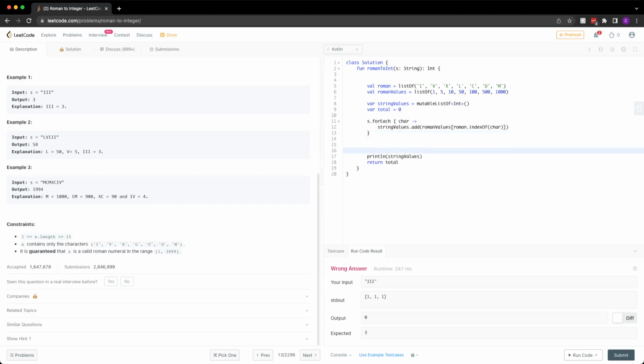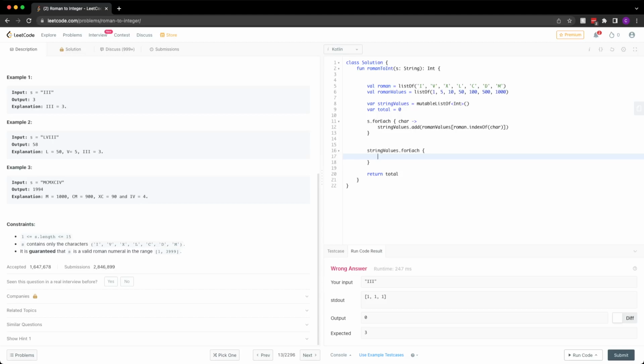And then what we want to do is, let's get a string values for each, and then if it's greater than, we have all the values.